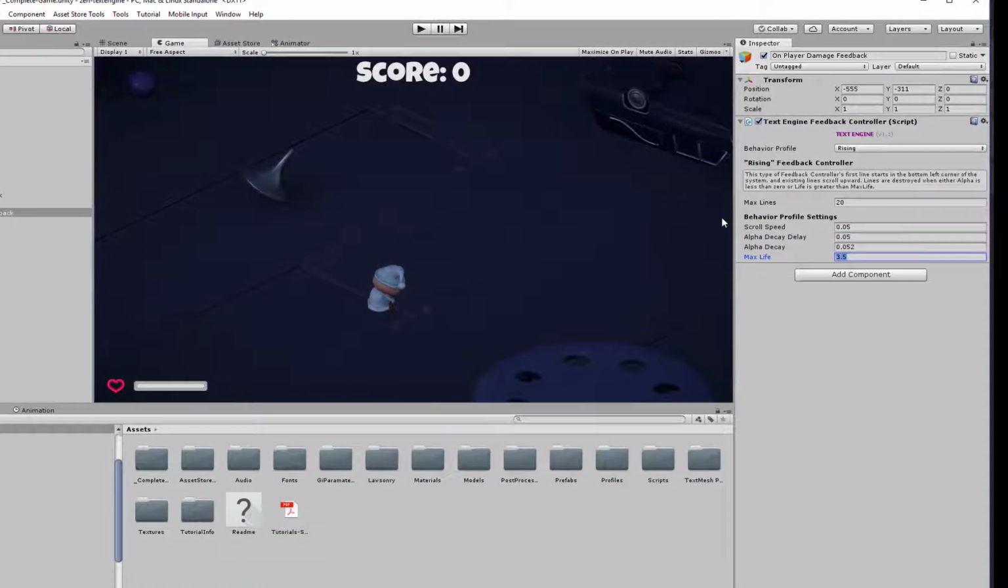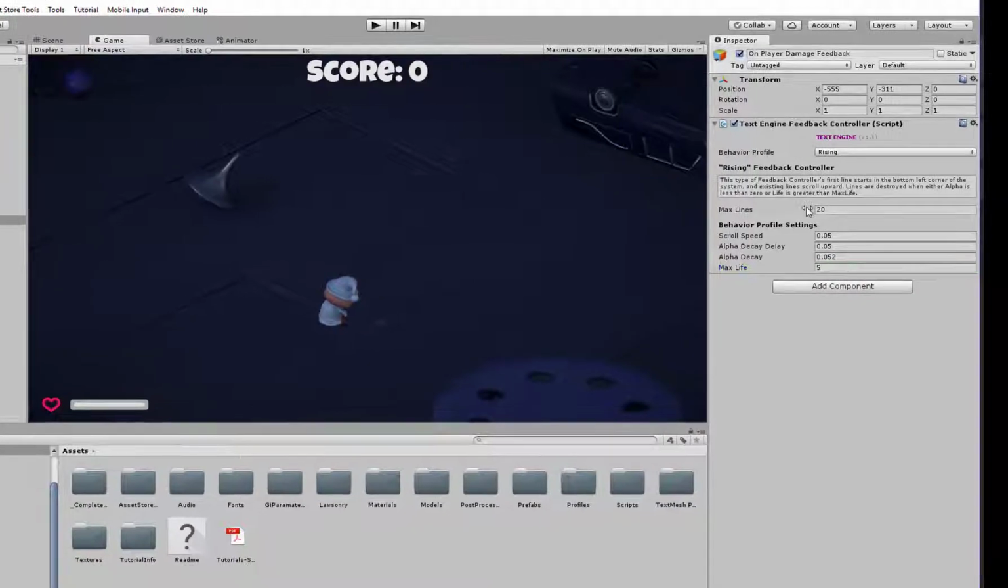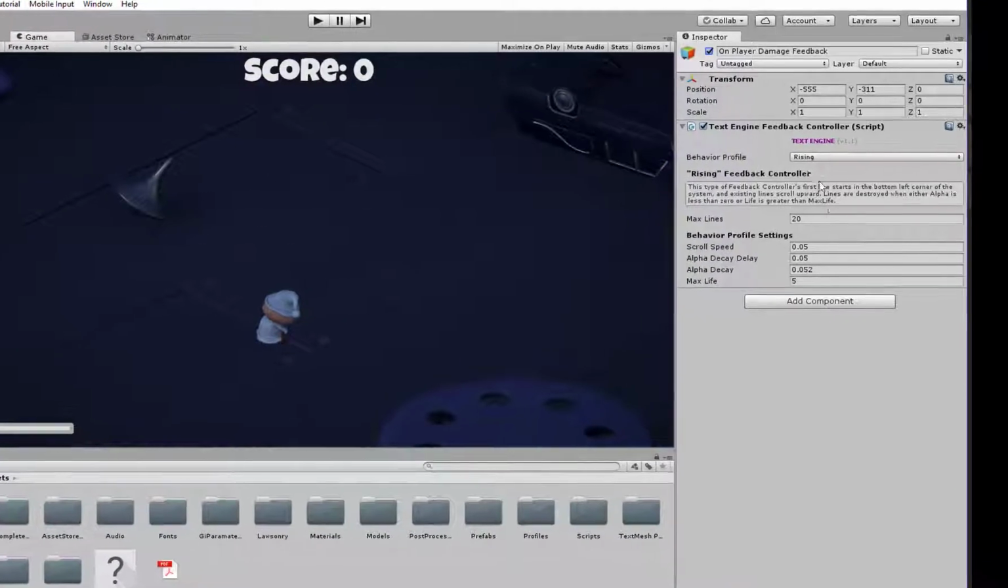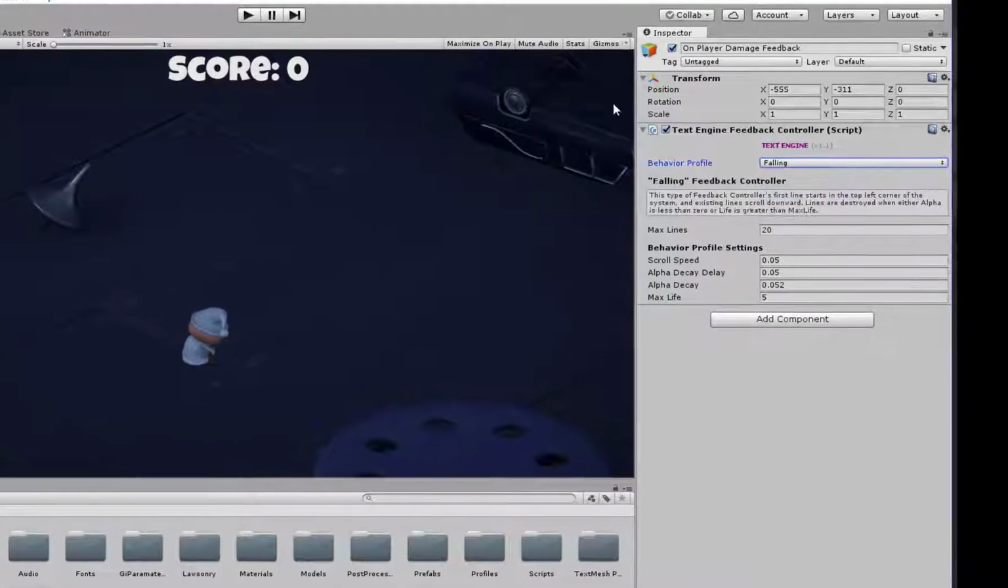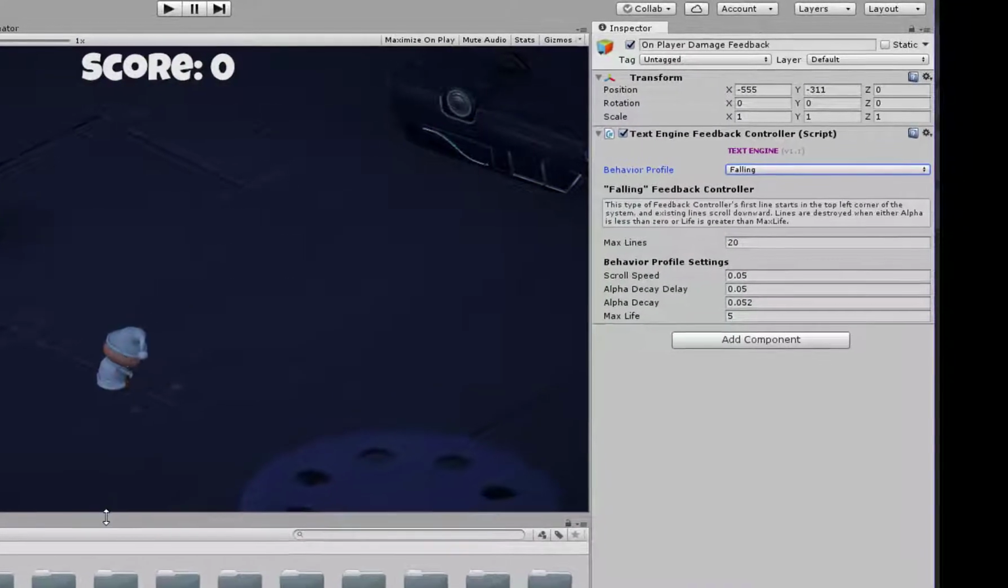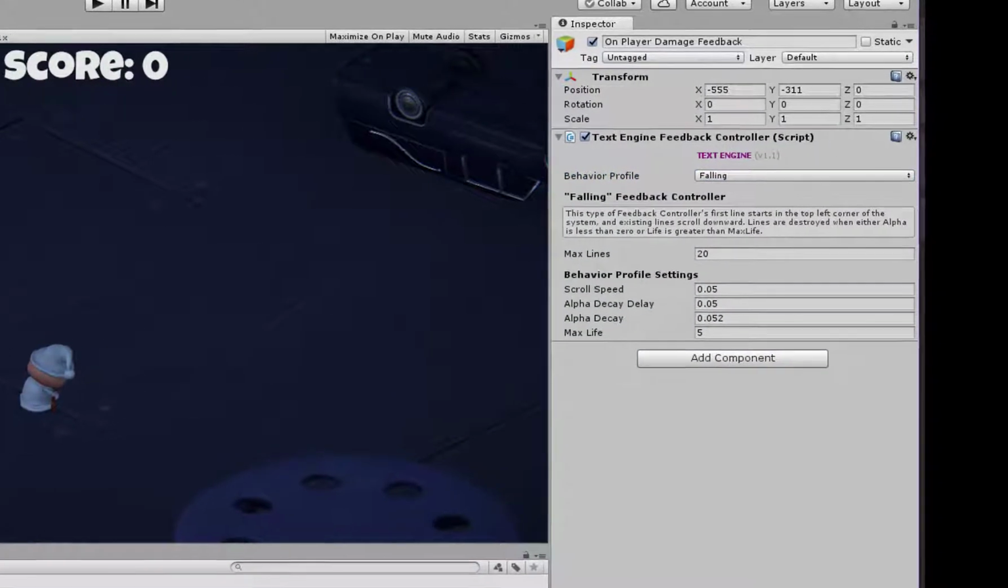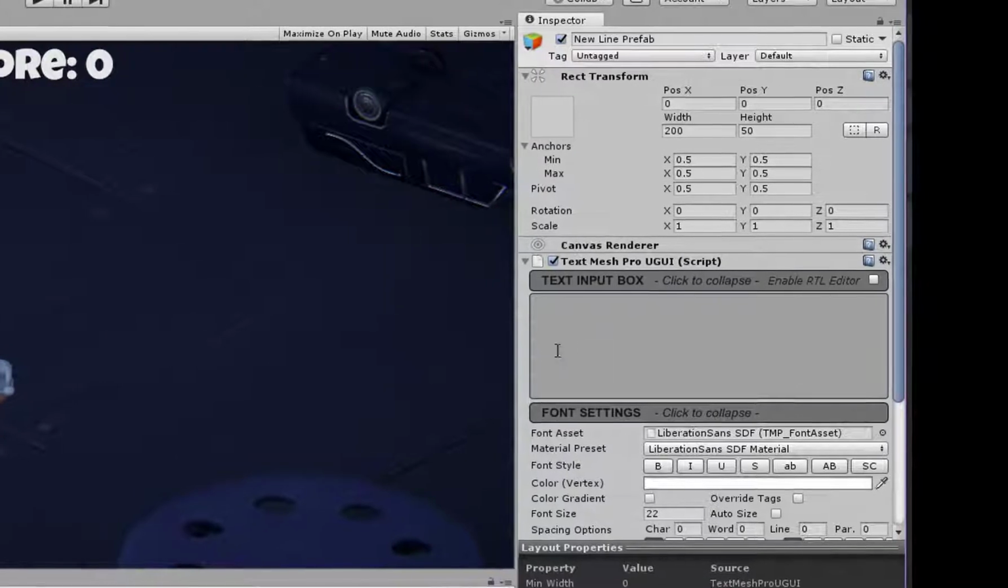Just some random values so you know that the systems are different. We'll make that stay for a long time. We'll keep it as a rising, we'll make it a falling controller this time. So the text will appear and then fall. And then we're going to look at that new line prefab, and let's go ahead and get that on the